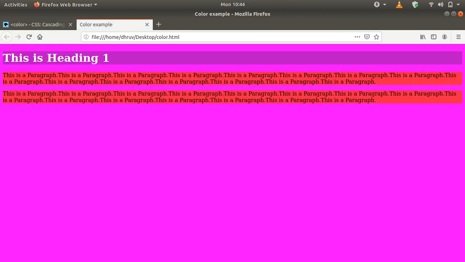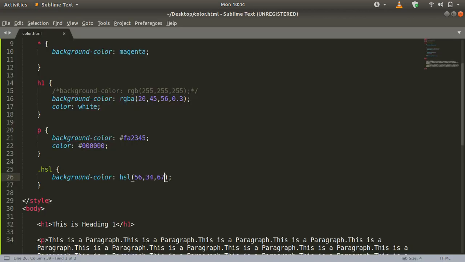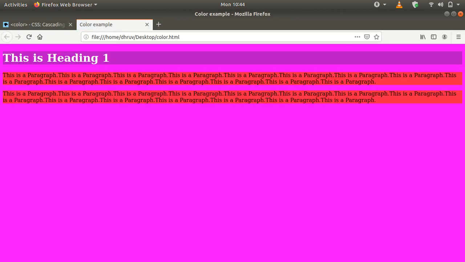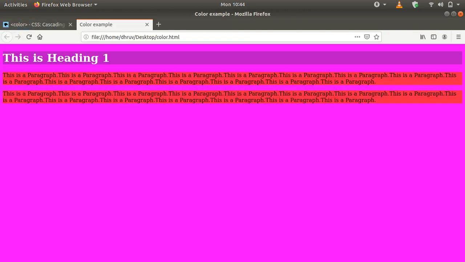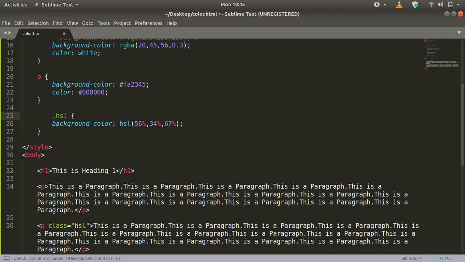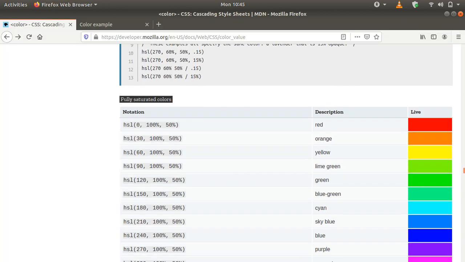Okay, so it resembles the same color, or I think we have to use here p.hsl. Let me try any different color here. So okay, it basically works on percentage, my mistake. So 56% here, 34% here, and so it basically tells that we want 56% hue, 34% saturation and 67% lightness. Okay, so let me just randomly select any color from here. Let's say this,